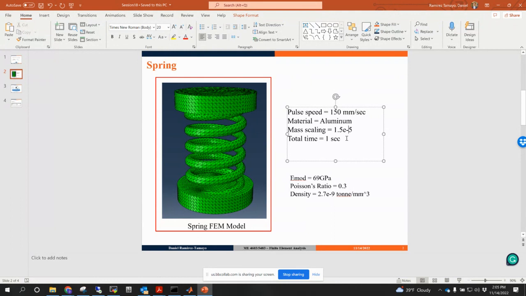We are gonna simulate 1 second. So we are gonna add a really quick pulse, and then we're gonna see how that spring is gonna bounce back, right? And here are the properties. Because now we have mass, right? We're solving the equation of motion. We have to add density in here. So what now we're gonna be solving is a system that has